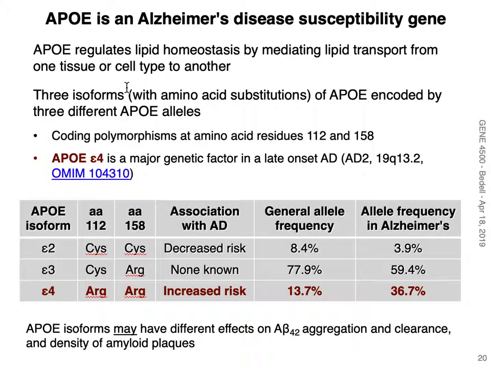These proteins that are encoded differ just at these 2 positions, amino acid 112 and 158. Now remember, this is not APP, this is ApoE. So far we haven't yet seen the connection between ApoE and APP processing, but we will. Before we do that, let's take a